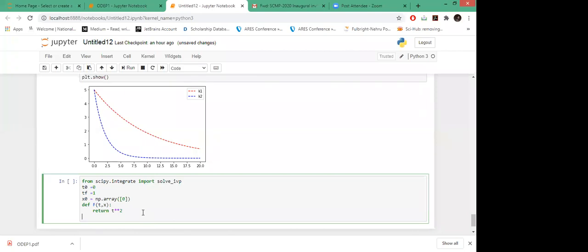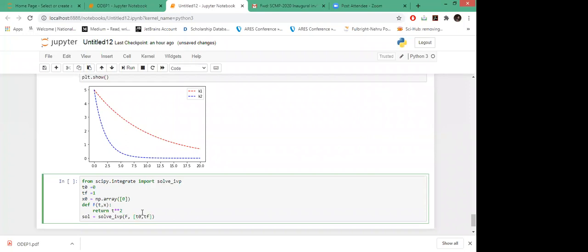So let us now save our solution in this, and we see how to pass the arguments. I'm calling this IVP. So now first I will pass the function which I have defined, this f, and then I will pass this in list form, t0 to tf.